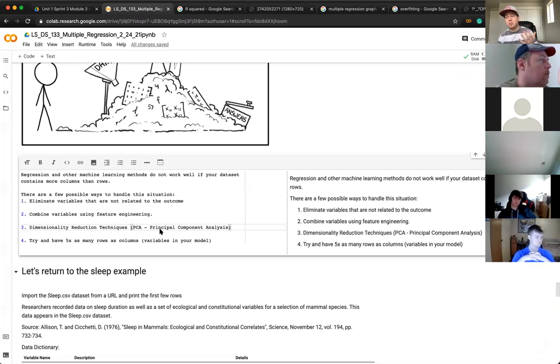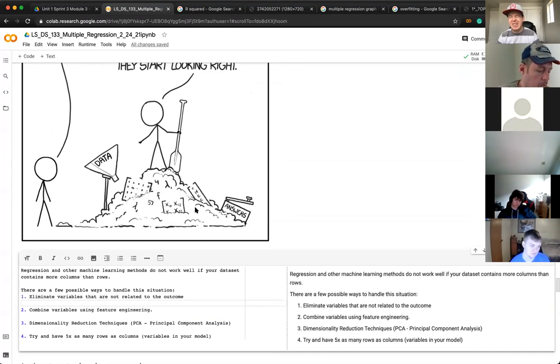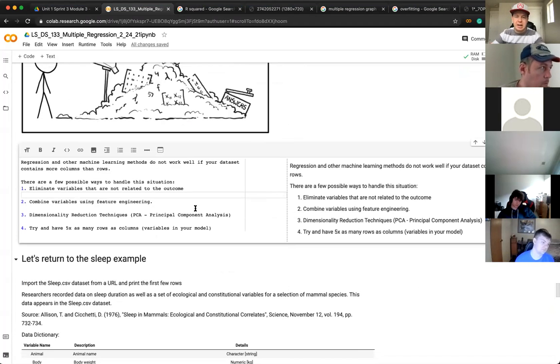And there's many different dimensionality reduction techniques. This just happens to be one of the most popular, okay? So just something I want you to be aware of is that is a problem that can arise with any kind of machine learning model, but linear regression is particularly susceptible to the curse of dimensionality, right? One thing I want to talk about here before we get to the sleep example, right, is